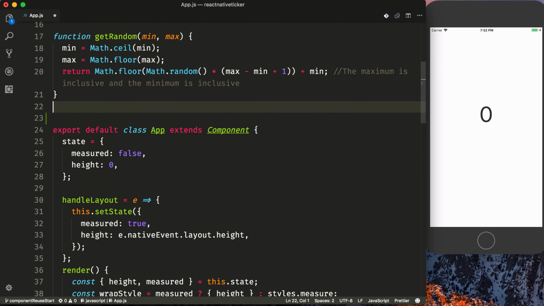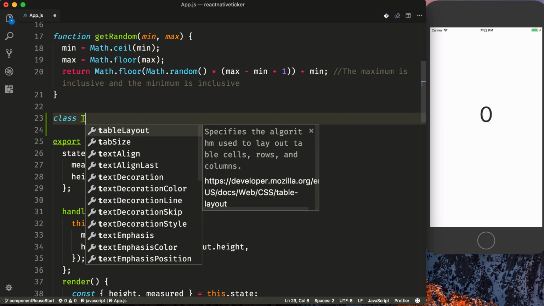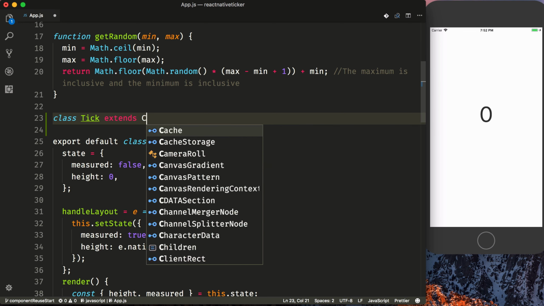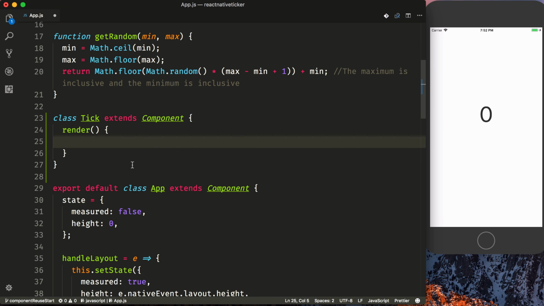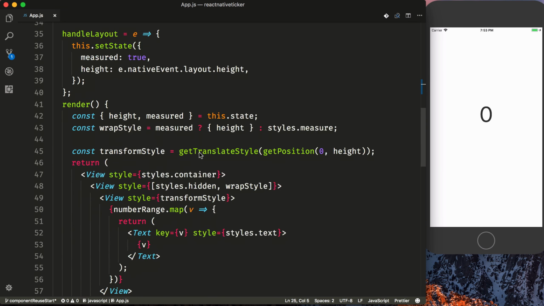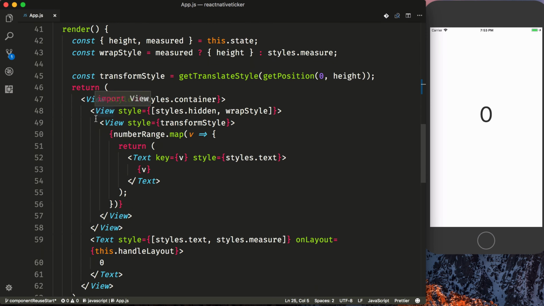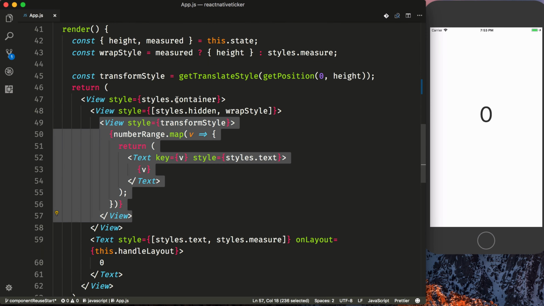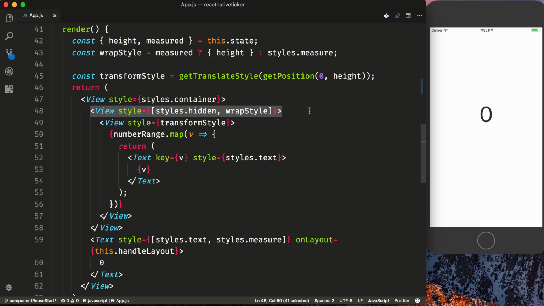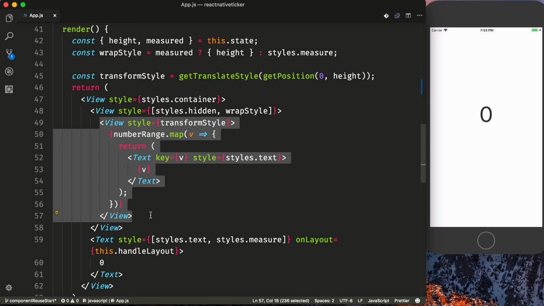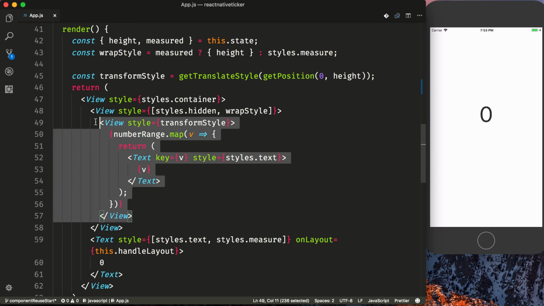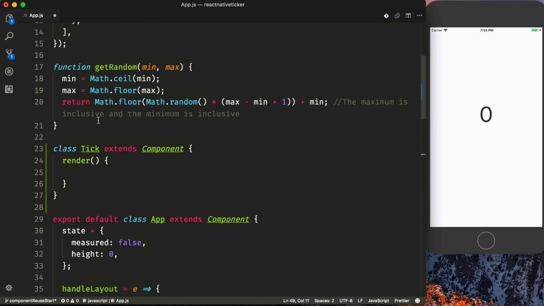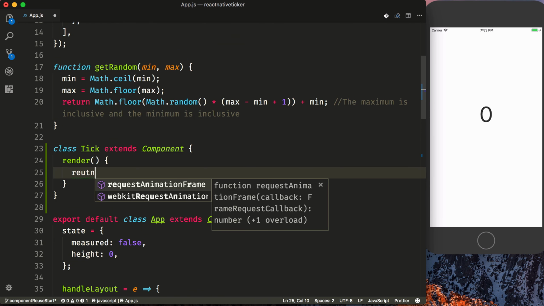We'll set up a component here that we'll call class Tick, and we'll extend Component, and we'll just need a render function in here. Now for this render function, we'll copy the contents of a single range. So this will wrap all of our ranges, and this will then be the component, which will be our transform style that will rotate, as well as the numbers that are inside of it. So we'll copy this, and we'll return